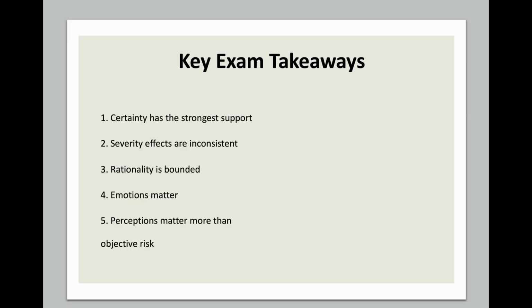Third, rationality is bounded. Modern rational choice theory does not assume perfect calculation. Decision-making is shaped by emotion, cognitive limitations, stress, peer influence, and situational constraints. Fourth, deterrence effects vary across offenses and offenders. Deterrence tends to work better for planned, calculated, and opportunity-based offenses, rather than impulsive, emotional, or intoxication-driven crimes.